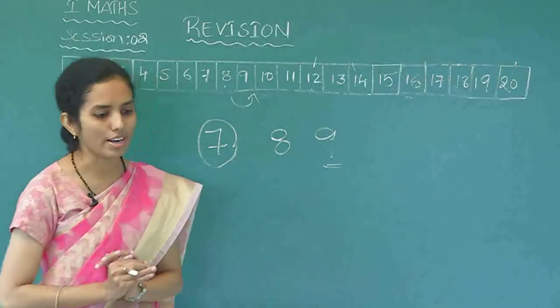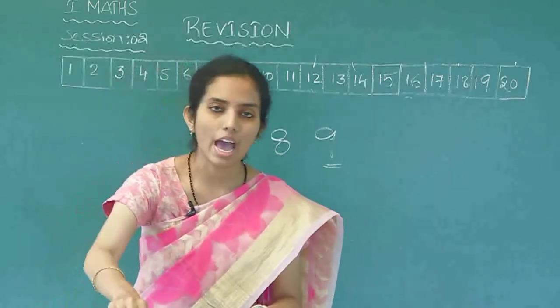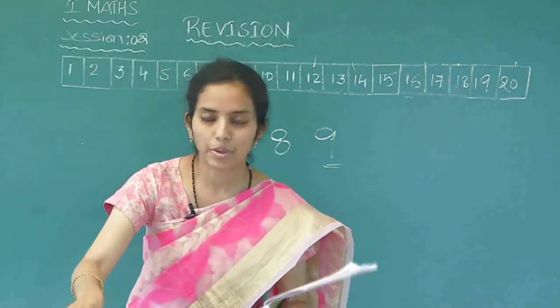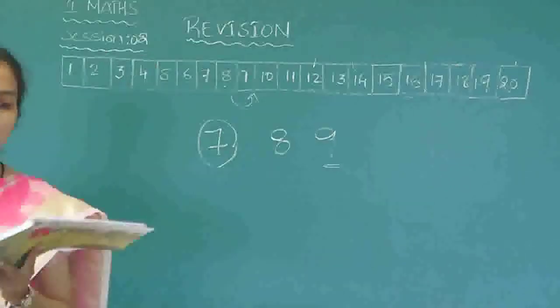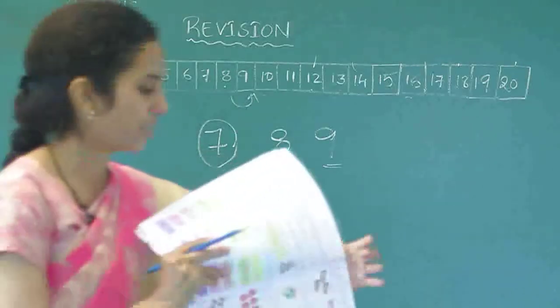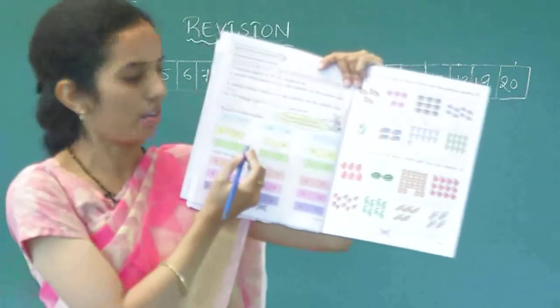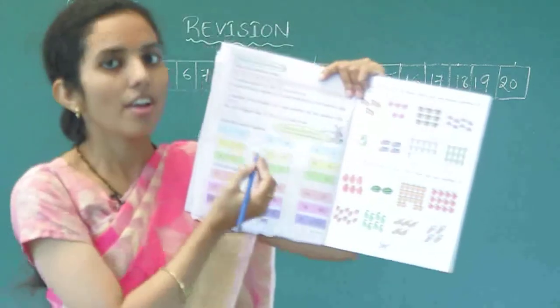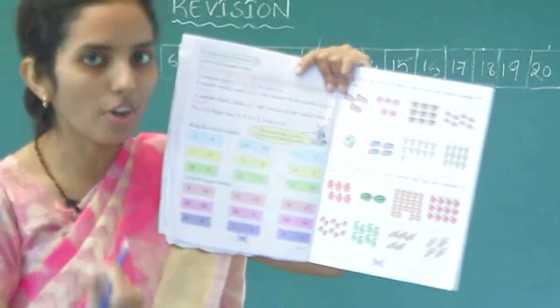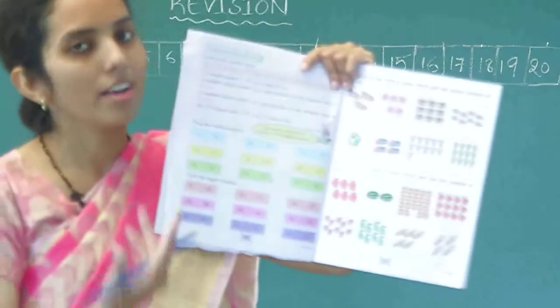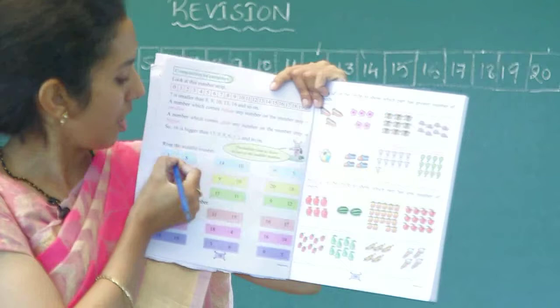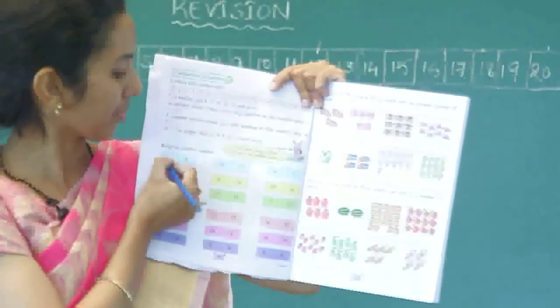are smaller numbers. Now we have an exercise on bigger numbers and smaller numbers. Let us do the exercise. Ring the smaller number. Two numbers are given. Ring the smaller number. Okay, 3 and 8. 3 is before 8 or after 8? Before 8. So which is smaller? 3 is smaller. So now just circle the 3.